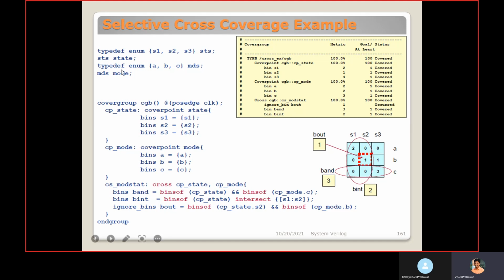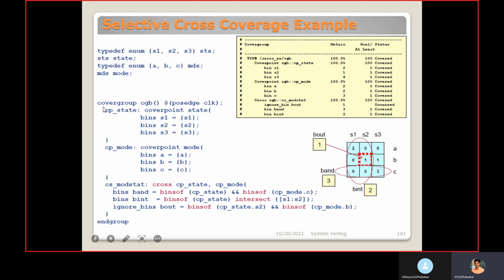Then typedef enum ABC as MDS. So MDS is defined as a data type. Using that, we are declaring mode. Now state can hold S1, S2 or S3, and mode as a variable can hold a type of MDS. It may consist of A, B or C.